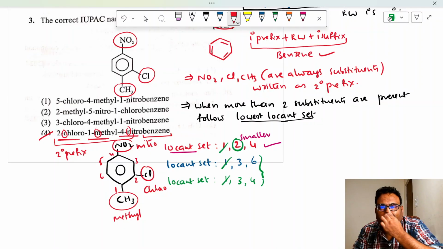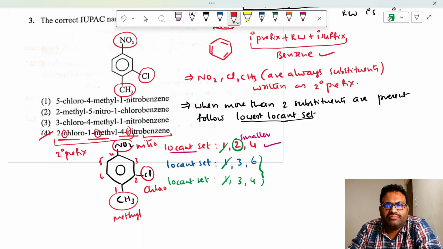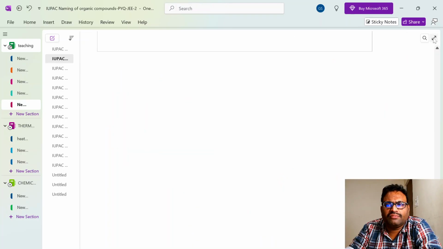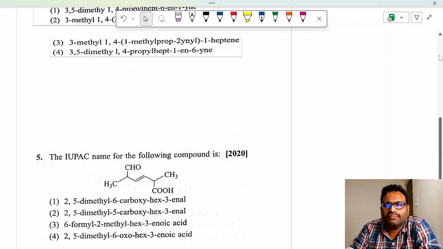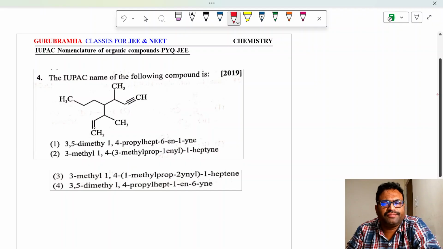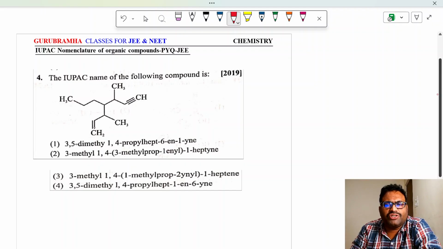Understood? This is how we understand in detail how to write the IUPAC name of a given organic compound. Right? Next, let us see the next question. When was this question given? This question was given in 2019 again. Let us write the IUPAC name. In writing this IUPAC name,